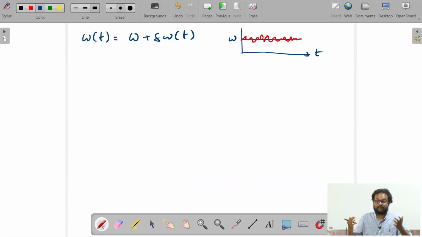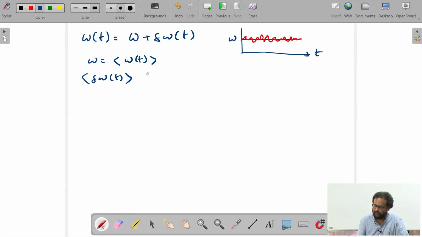Remember, these are fluctuations, which means the time evolution is by nature stochastic, right? So you'll say my omega now is a time average mean of my omega t. And if I average my fluctuations over time, this will be 0. That's my consideration, just reasonable. Considering this, now linear response, if you remember, has a term of this kind.